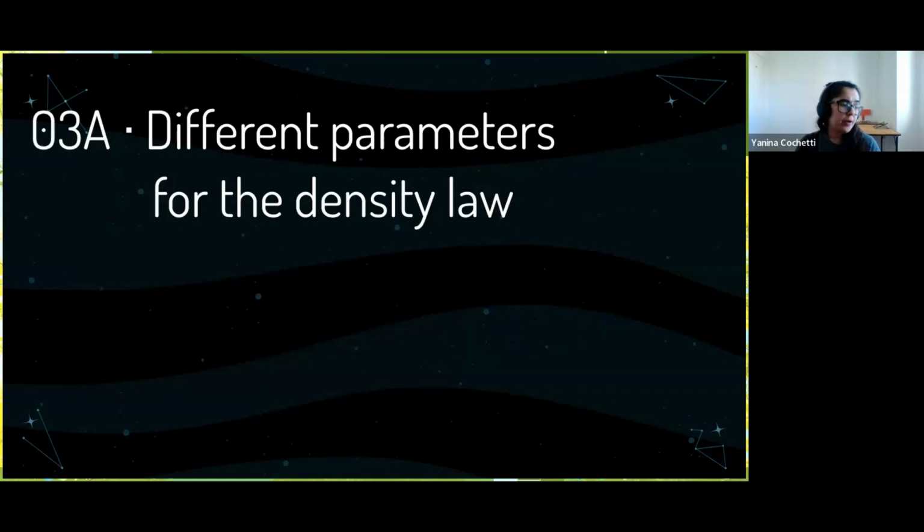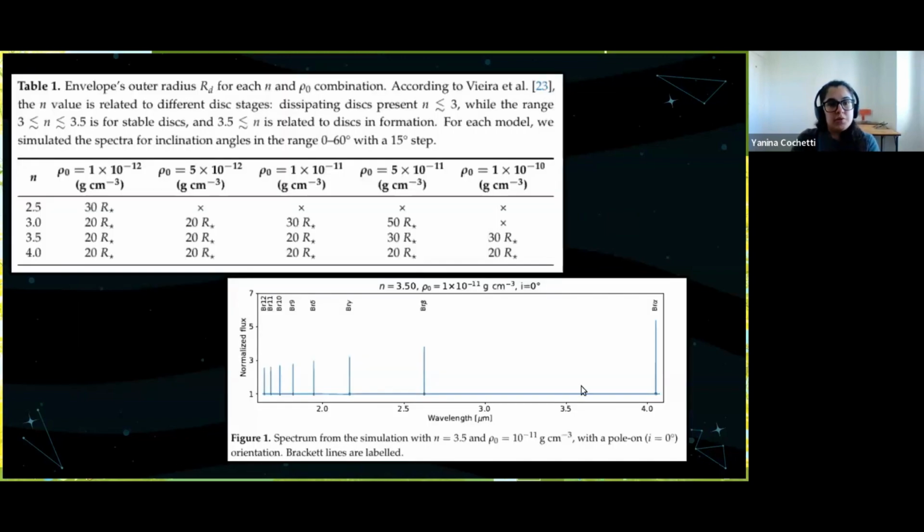So we made different models with different parameters for the density law. These are the different values that we use for the central density and for the exponent. And you can see here that the radius that we chose for the disk is not the same for all the models. This is because we